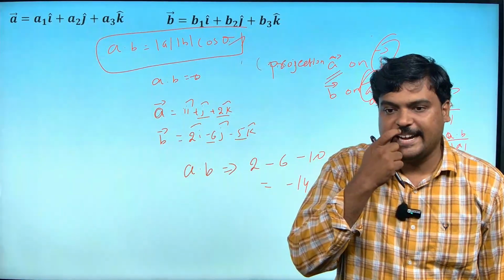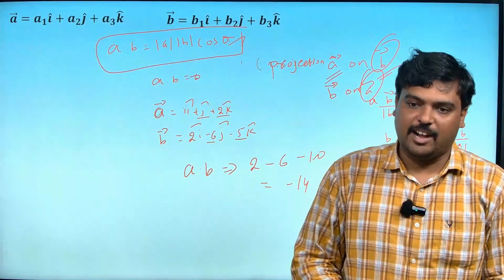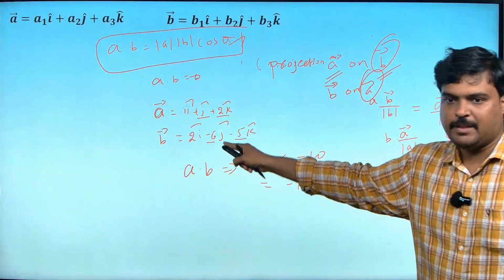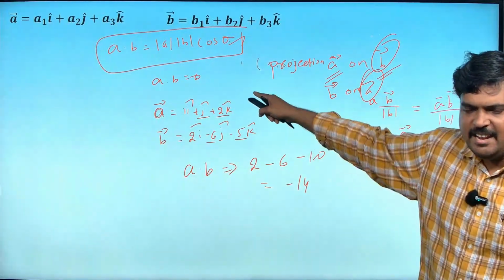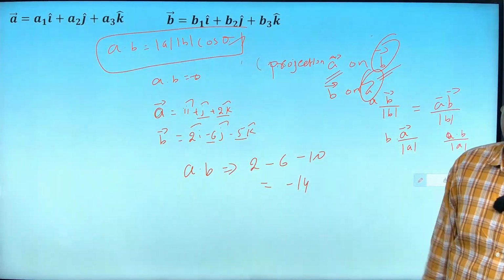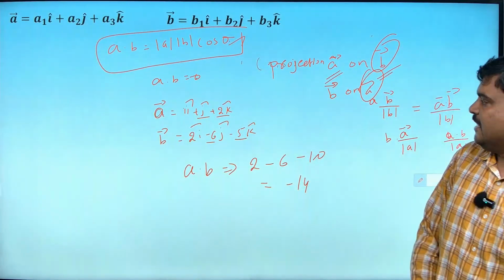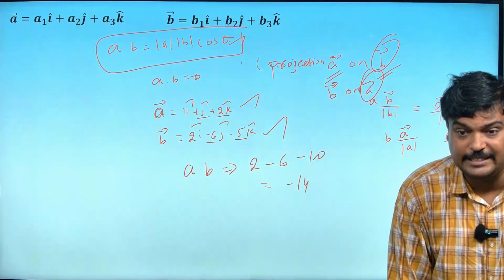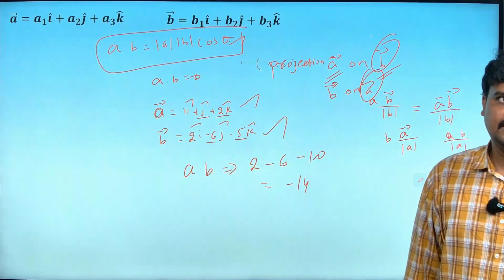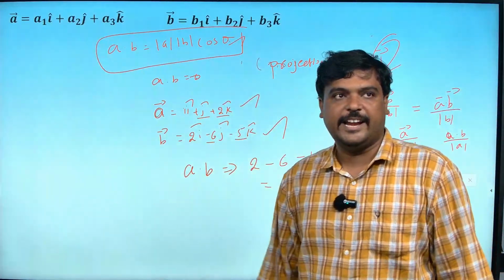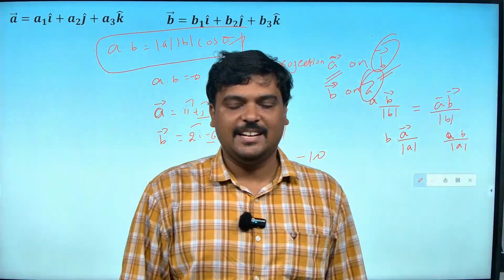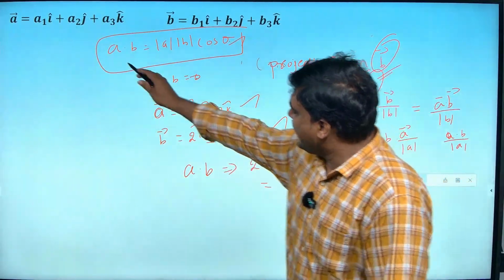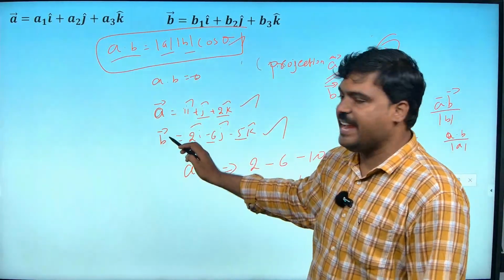The dot product can be found in two ways. If the vectors a and b are given, I'll do it like this: multiply i, multiply j, multiply k, add it. If the mod of a is given, mod of b is given, and the angle theta between them is given, I'll go for the formula a dot b is equal to mod a mod b cos theta. Alright, if I give a dot b, and I give mod a and mod b,